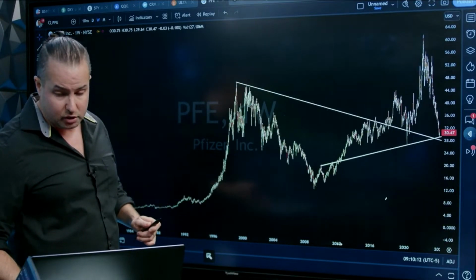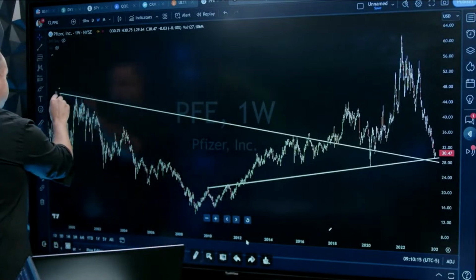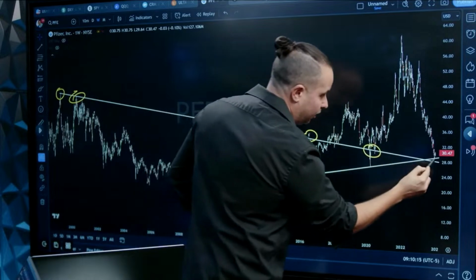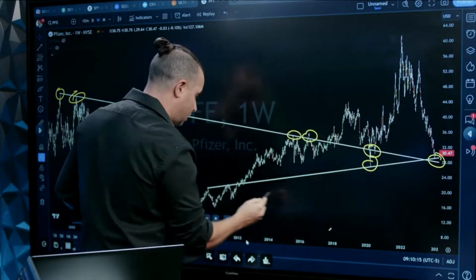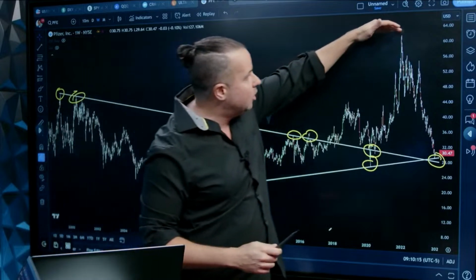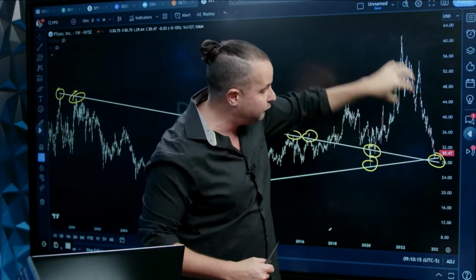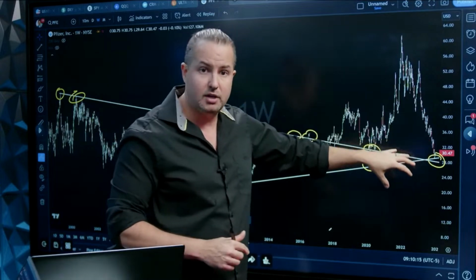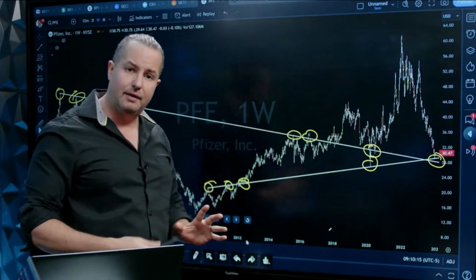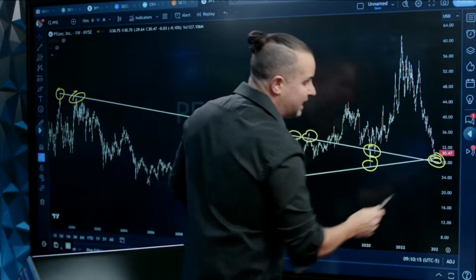If I flip over to this chart, look at this bigger chart right here. So we have pivot points going back here. We have pivots all the way over here, right through here, and right in that area. We have this low matching to the here and here and here. And so ultimately, we know that on COVID and the COVID vaccine, this was at $60. It's now 50% decline, right? So it's down 50%, but now below this $30 level, $28 to $29, I actually think this looks intriguing,